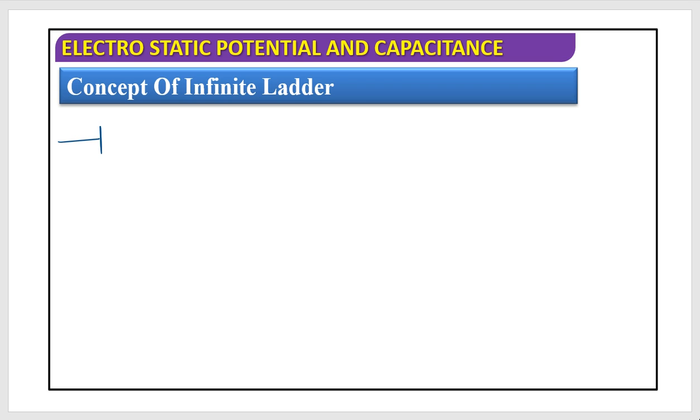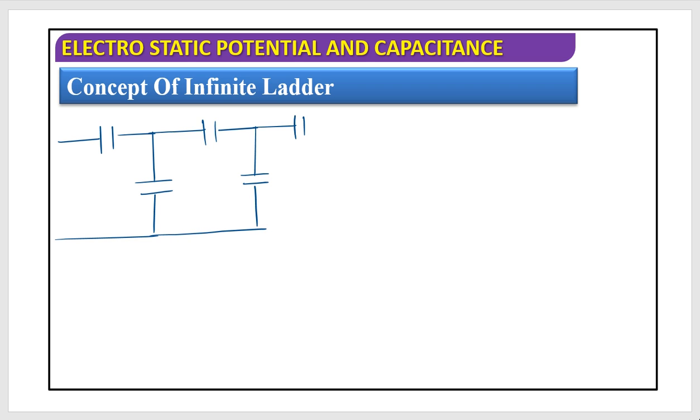Suppose the thing would be something like this, and this has gone to infinity. So this is C, this is C, this is C, this is C, this is C, this is C, and